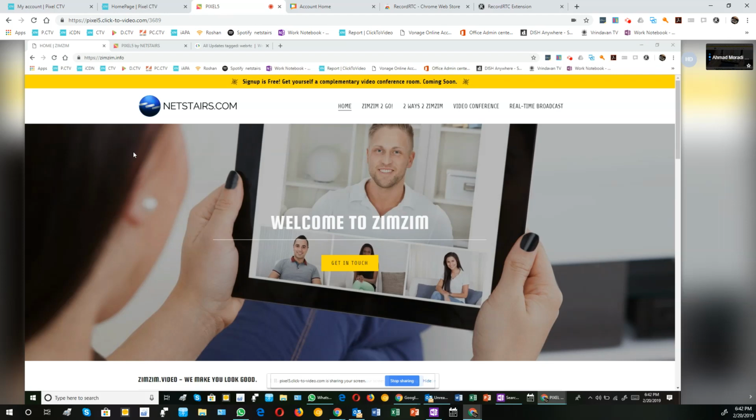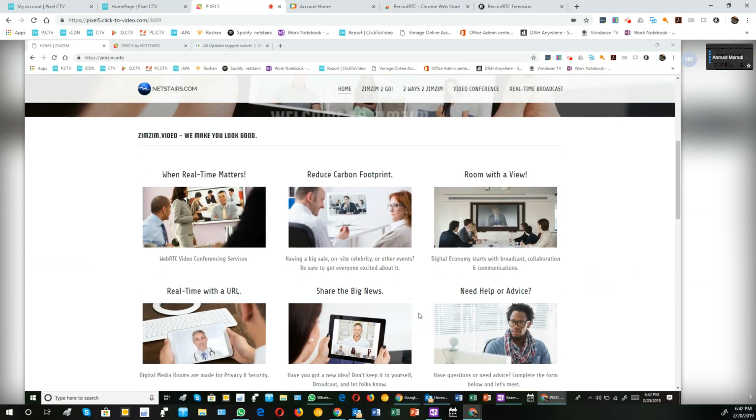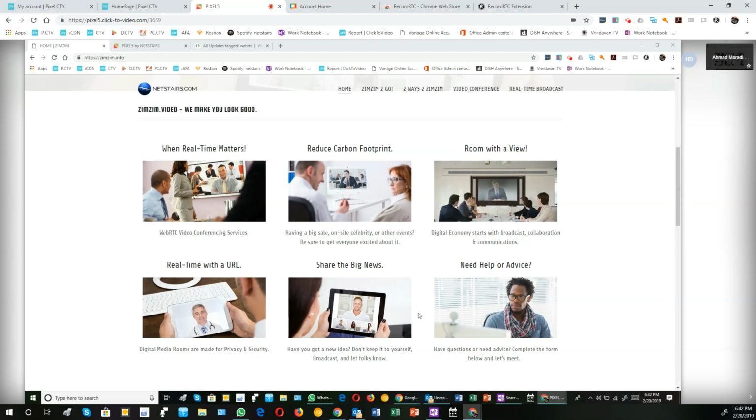This service will become a video conferencing service that makes you look good when real time matters for communication, reducing your carbon footprint,